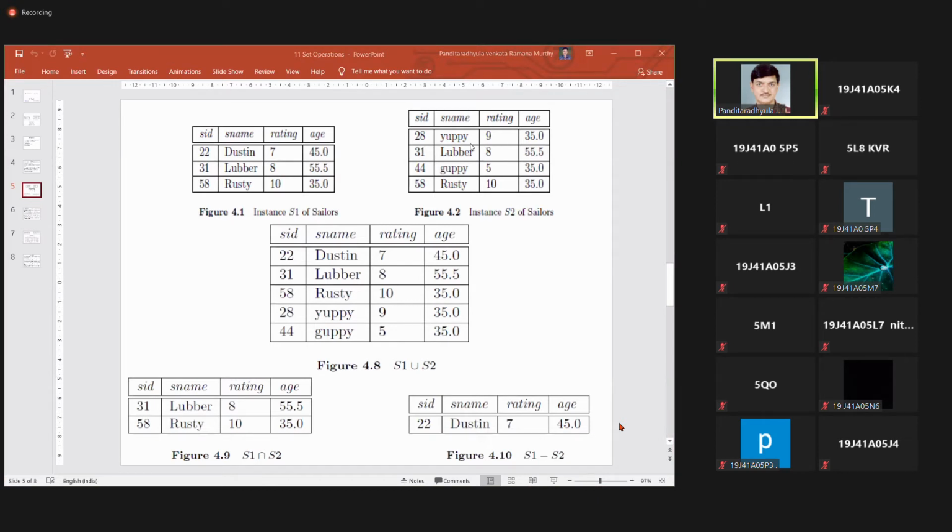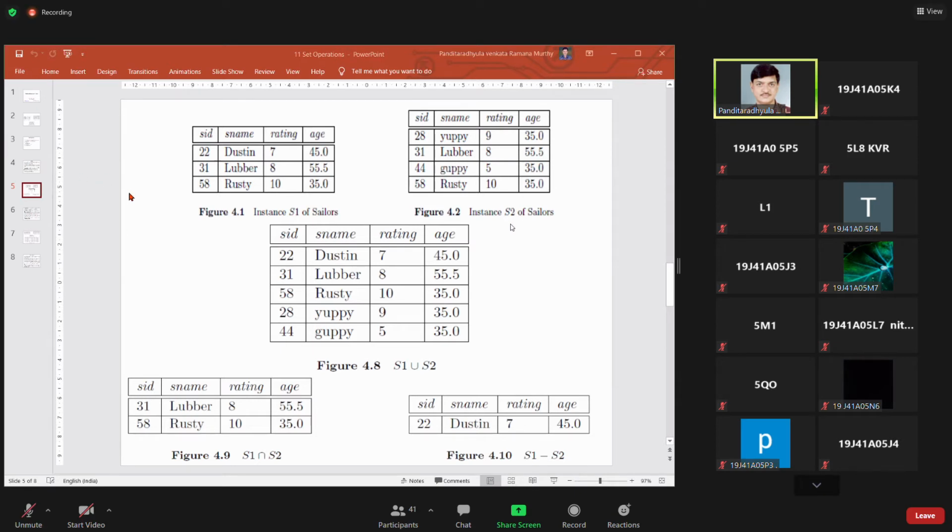Here the data type must be the same, but the names can be different. Be careful, because in the previous examples I told you, whenever we declare this particular table and get data, I said S1 dot SID, the SID value from the S1 table; S1 dot SNAME, the SNAME value from the S1 table; similarly S2 dot SNAME, the SNAME value from the S2 table.